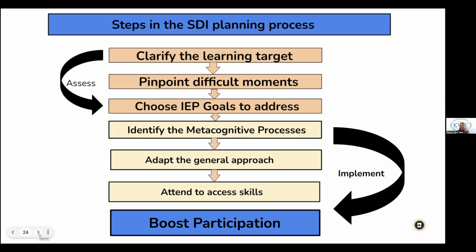And then the last thing she talks about, and I got it a little bit bigger down there, is that it can boost participation. How are we going to boost participation? The number one thing that we learned a couple months ago when we met with Dr. Terry Scott is that we need to see an increased amount of opportunities to respond. And we need to allow our students to have lessons that are designed to have them active. And being active means they're responding.